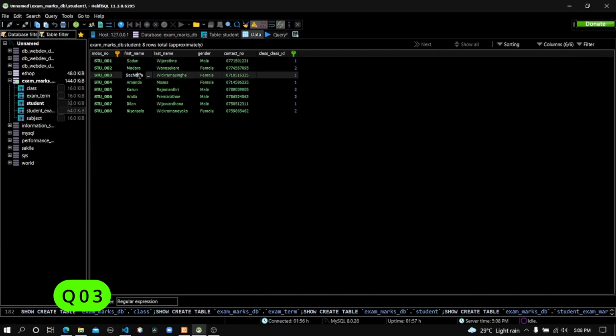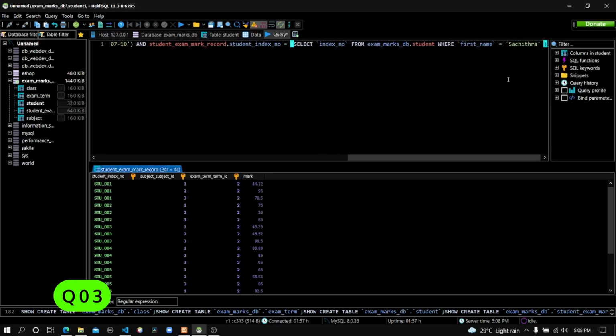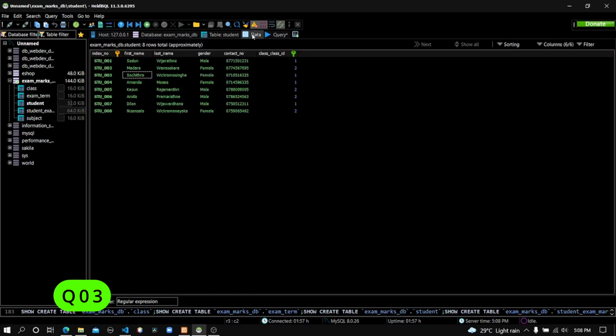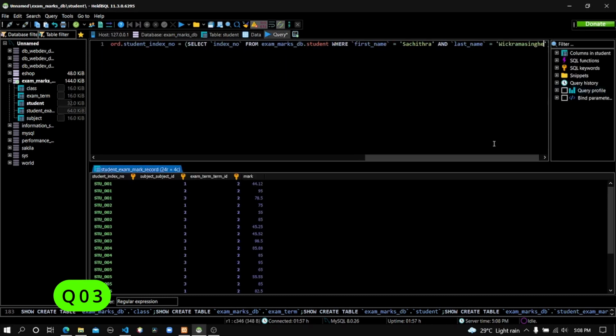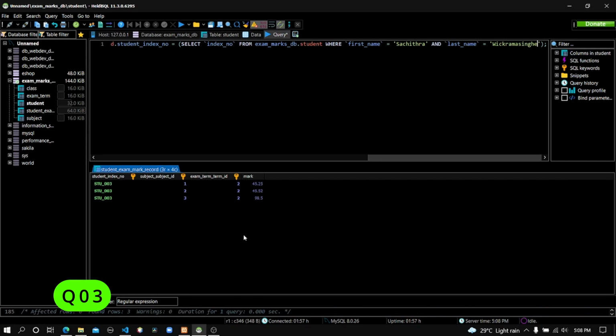Let me copy the name Sachitra, and here's the second one, last name. Last name should be equal to Vikramasinghe. Okay, let me copy that one too here. Okay, here's the complete query. Let's execute this one. Okay, you can see these are the three subjects related to the student Sachitra Vikramasinghe in this